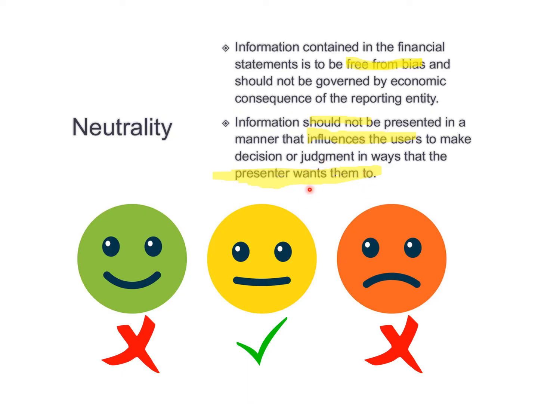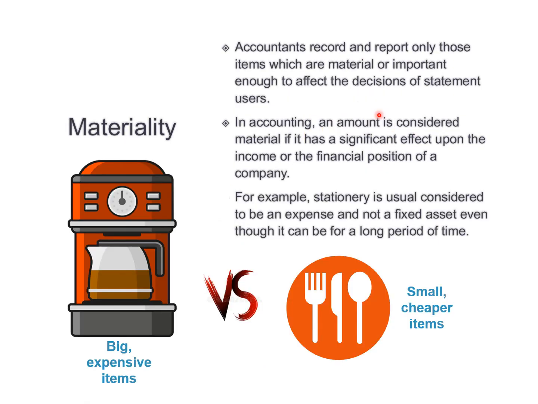So, that is why information dalam financial statement ni kena neutral. Dia tak boleh berpihak-pihak. Okay, dia tak boleh disclose information yang menyebabkan orang nak invest, ataupun dia disclose information menyebabkan orang tak nak invest dalam company tu. Dia kena neutral. Right? The last concept yang kita nak belajar adalah materiality concept.